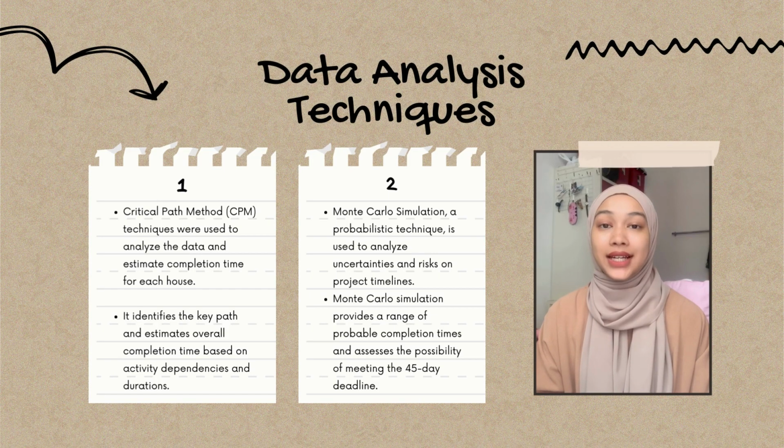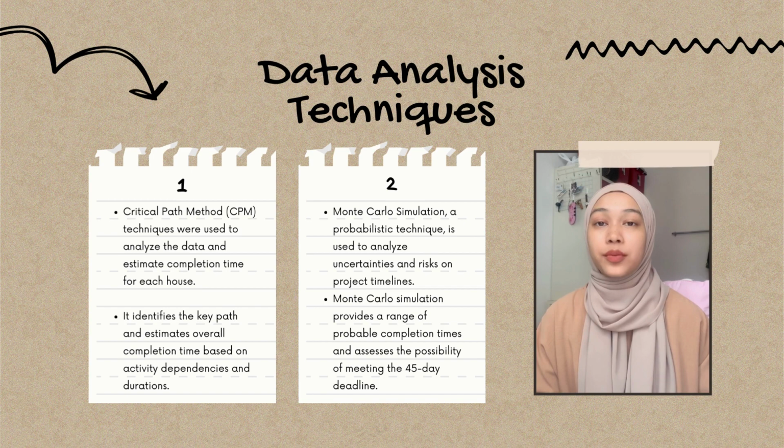For data analysis technique, the critical path method technique was used to analyze the data and estimate completion time for each house. CPM determines the sequence of tasks that must be done in the least amount of time for project completion. It identifies the key path and estimates overall completion time based on activity dependencies and duration. Furthermore,